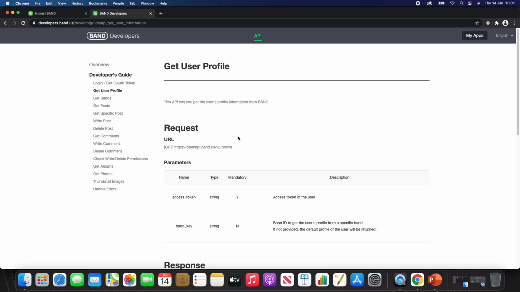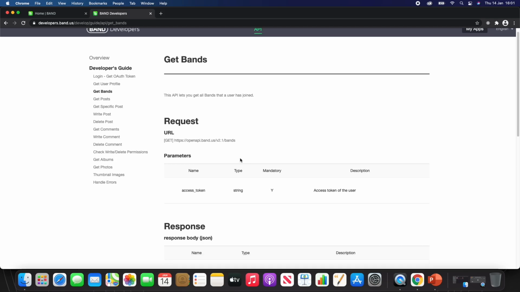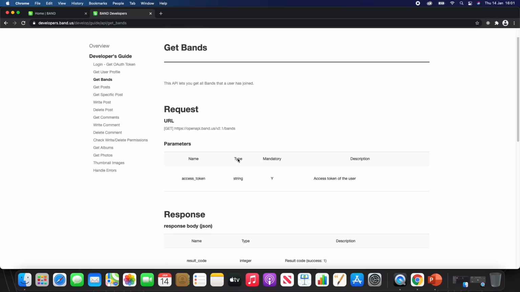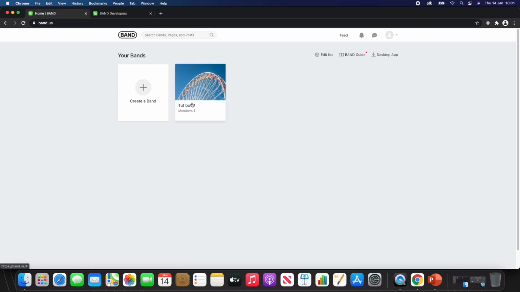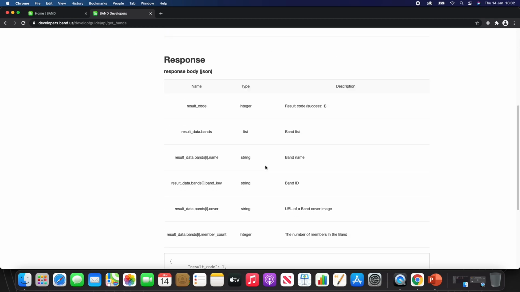So let's have a look at get bands. The first thing that we're going to encounter in the part 3 section of the tutorial is that in order to deal with the posts of any specific band that we have, which is from here, let's say this is a tugboat and we want to get information from that specific band. What we're going to need is something called a band key here. And in order to get the band key, we have to get the information from this specific URL, which is